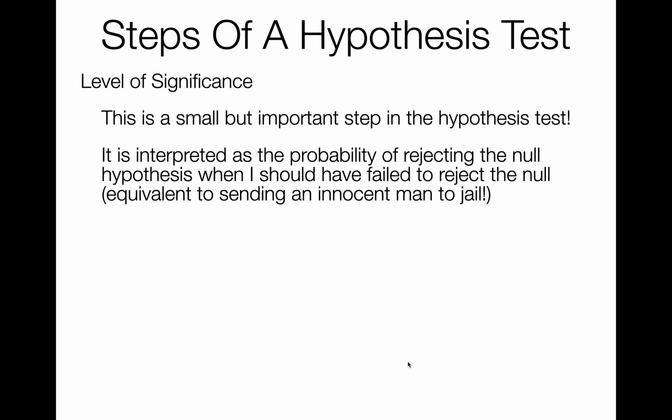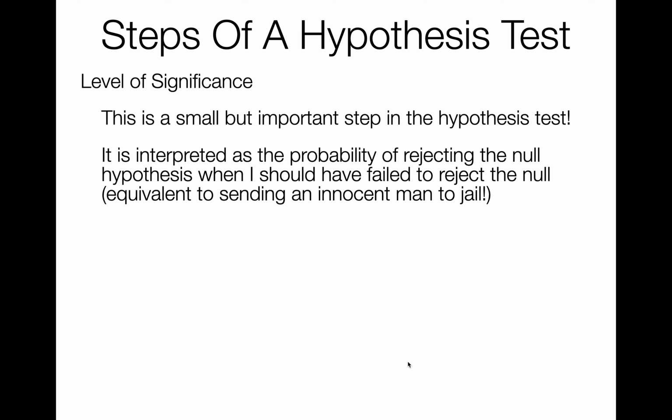The level of significance, specifically, you don't need to worry about this too much, but it's interpreted as the probability of rejecting the null hypothesis when I should have failed to reject the null hypothesis. Okay? So that's equivalent to sending an innocent man to jail. Right? If we thought about the hypothesis testing steps in a real court of law